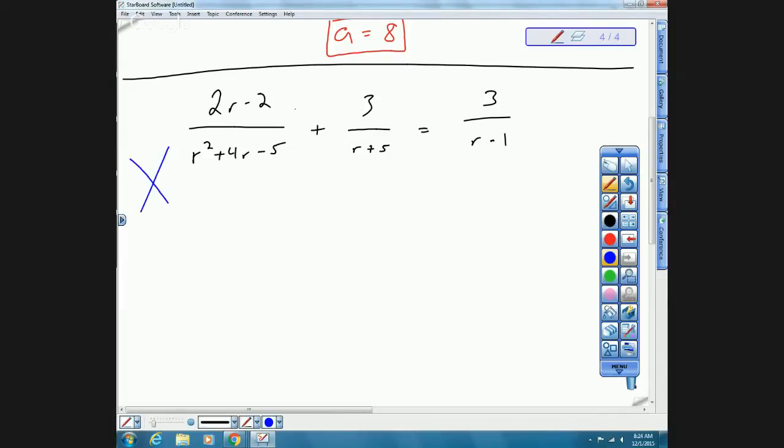All right, so on this one, before you find the LCD, let's factor this out. So what multiplies to negative 5 and adds up to be 4? 5 and negative 1. That works nicely because now we have r plus 5 and r minus 1 over here. So my LCD is just going to be r plus 5 and r minus 1. So now if I multiply everything in there by r plus 5 and r minus 1,